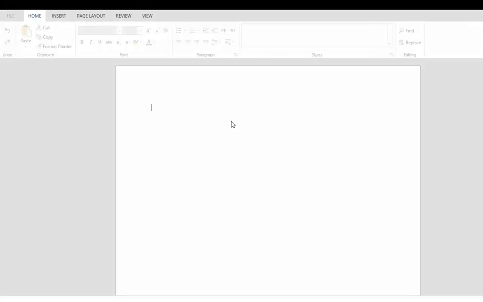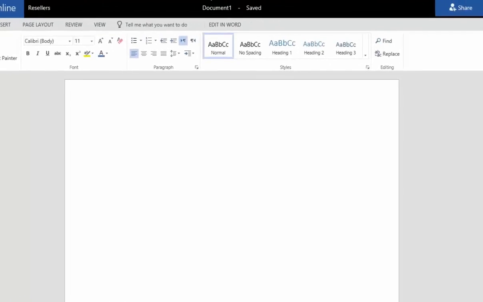And the first thing that I'm going to do is name my file, and I can do so by coming up to the top of the screen, clicking where it says Document, and typing the file name. Once I click anywhere else on the screen, you'll see my file has now been named, and the word Saved appears next to it. As I start typing,